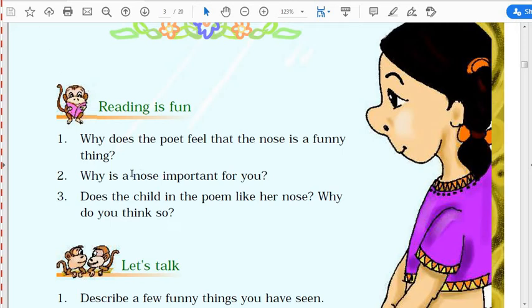Okay, so the first question is, why does the poet feel that the nose is a funny thing? I have already told you that the poet was feeling that the nose is a very funny thing. Basically, the poet feels. We have to add the S here because the question is being asked in present form, right? Does. So we start our answer from this line: the poet feels that the nose is a funny thing because